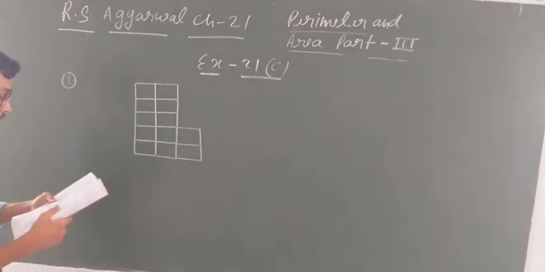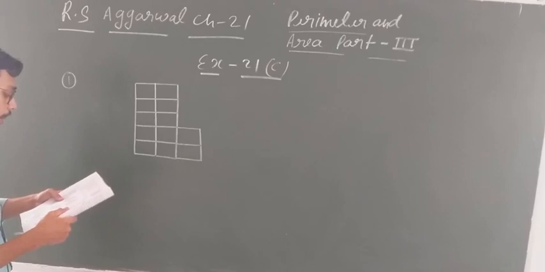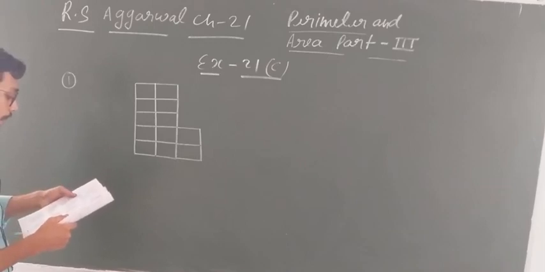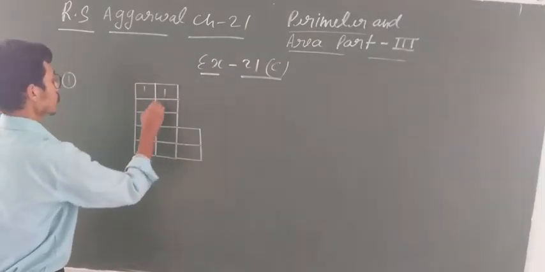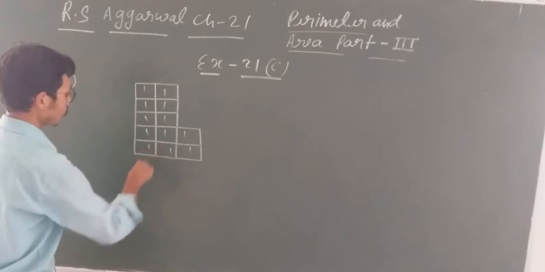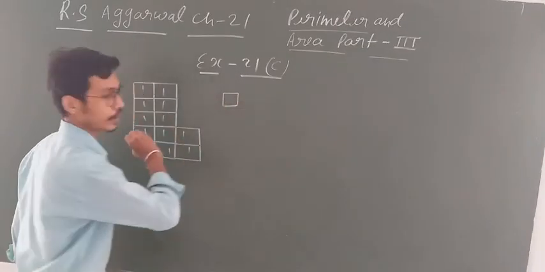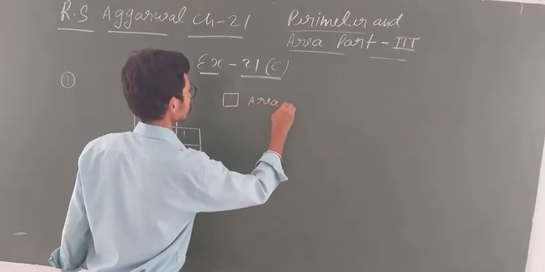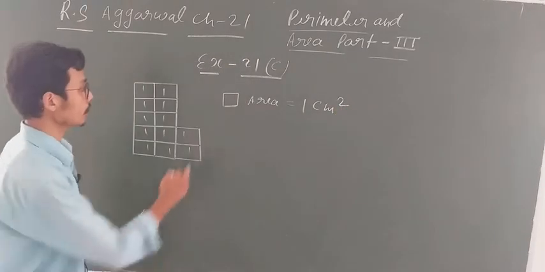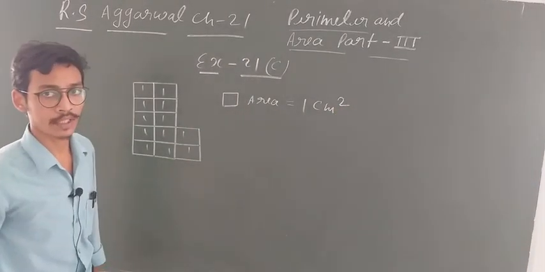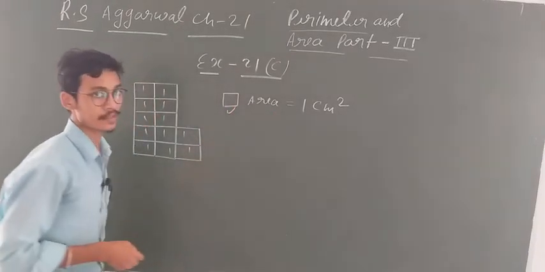You have to find out the area of the squares. The following figures are drawn on a sheet of squares. Count the number of squares enclosed by each figure and find its area, taking the area of each square as 1 square centimeter. You know that, student? All are given as an area of 1 square centimeter. Clear? So if 1 square is given whose area is 1 square centimeter, it means the area of 1 square is 1 square centimeter.